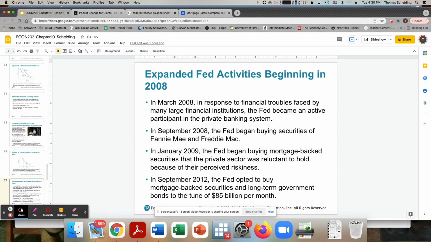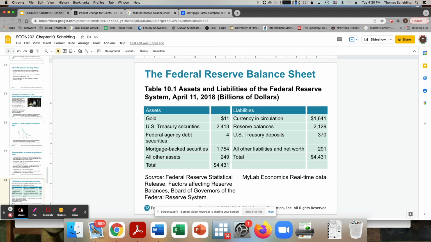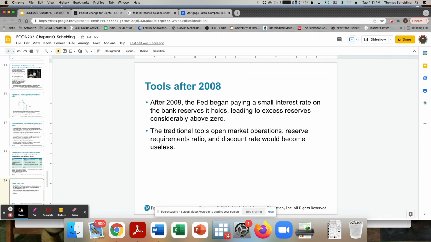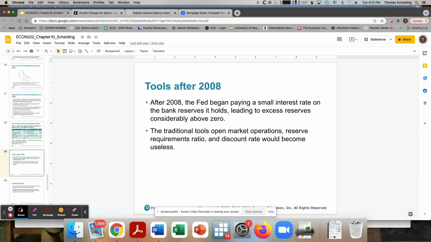And that's what we see described here in this slide. And that's what we see here. All other assets and mortgage-backed securities being things that the Federal Reserve used to not own, and now they do. Basically,